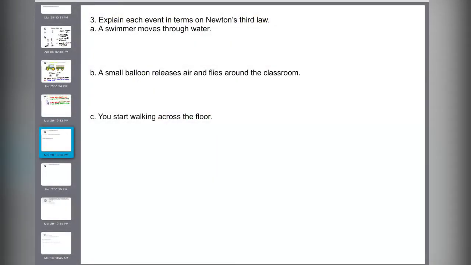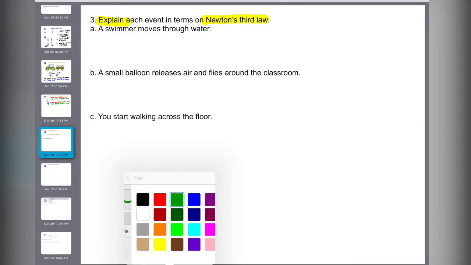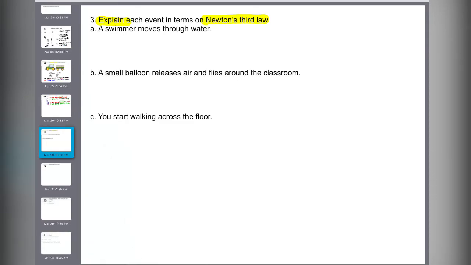Question asked now, explain each of the events in terms of Newton's third law. So on a quiz, if you have a question like that, it's always a good idea to state the law, especially since sometimes they're not as nice and tell you, hey, explain using Newton's third law, and hopefully you get that this is a third law question. But as long as it's mentioned, you should mention the law. So I'm not going to do every single one of these questions, but I'm just going to do part A